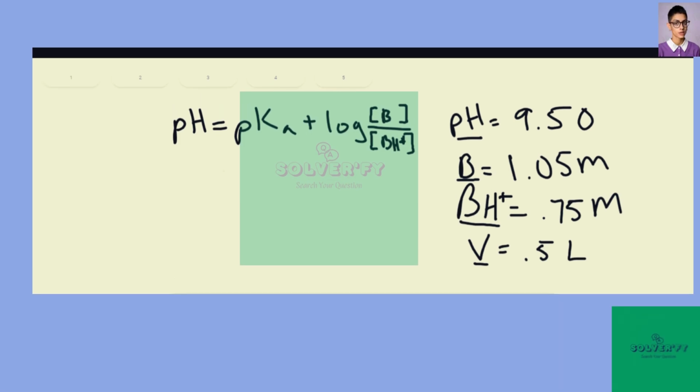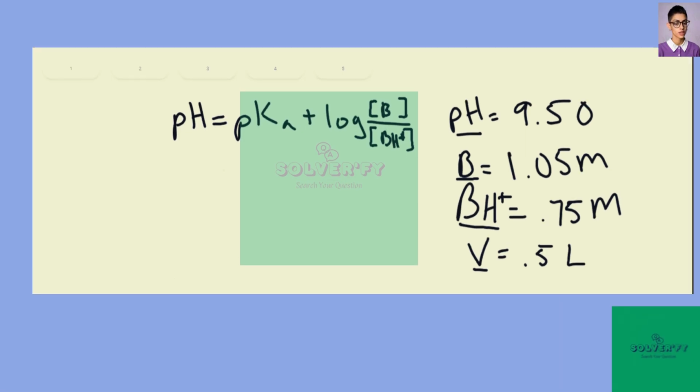So to answer this question, I've put our pH up here as 9.5, and the concentration of the base we find is 1.05 molar. The concentration of the acid, its conjugate acid, is 0.75 molar, and the volume we are working with is 0.5 liters. So I put up the Henderson-Hasselbalch equation up here for us to reference because the first step is to find